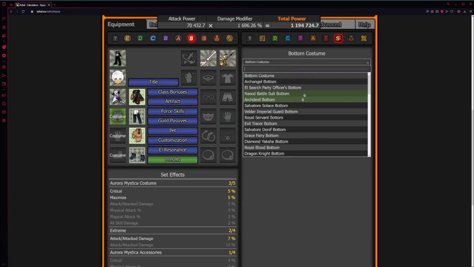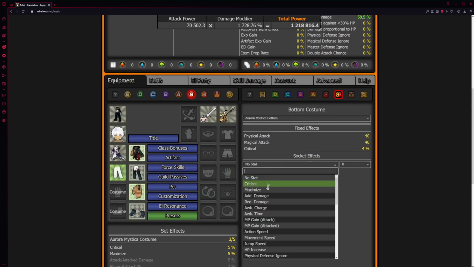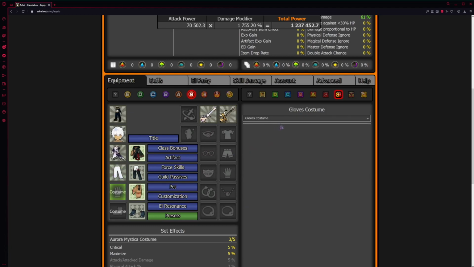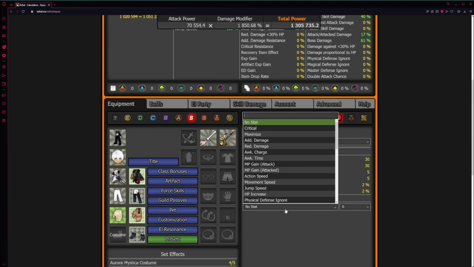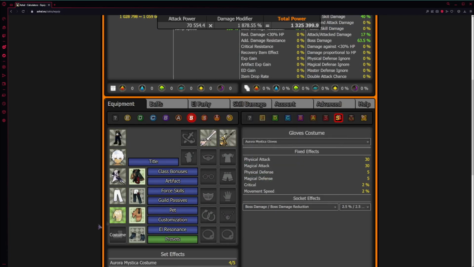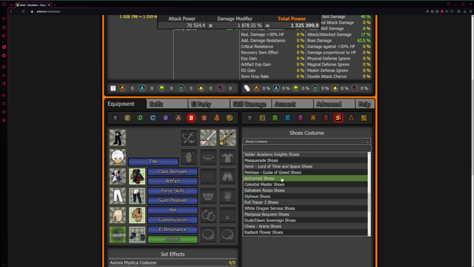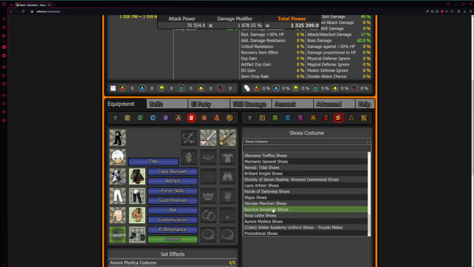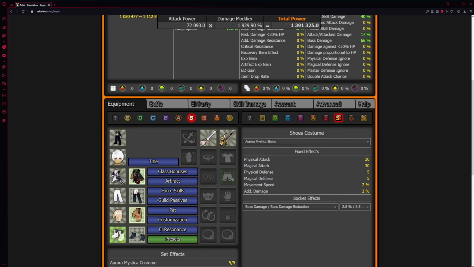And let me just finish putting all these in really quick. Okay, and so now we have our costume in, Aurora Mystica, whatever.